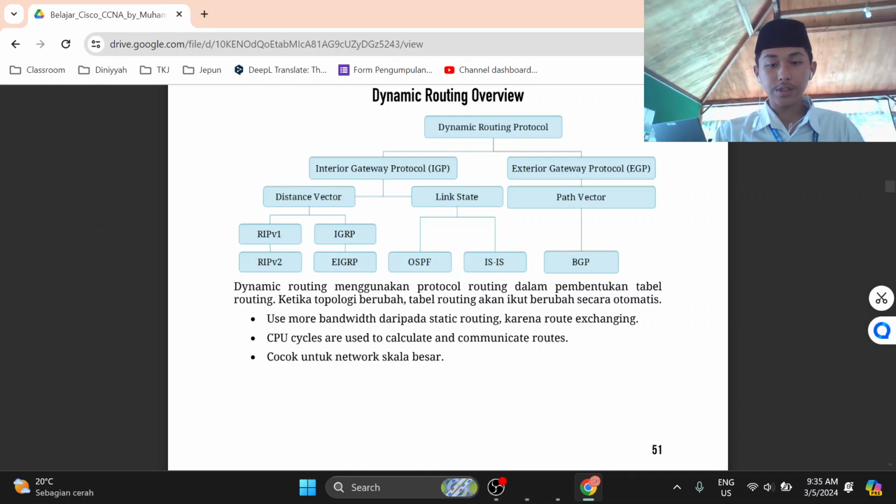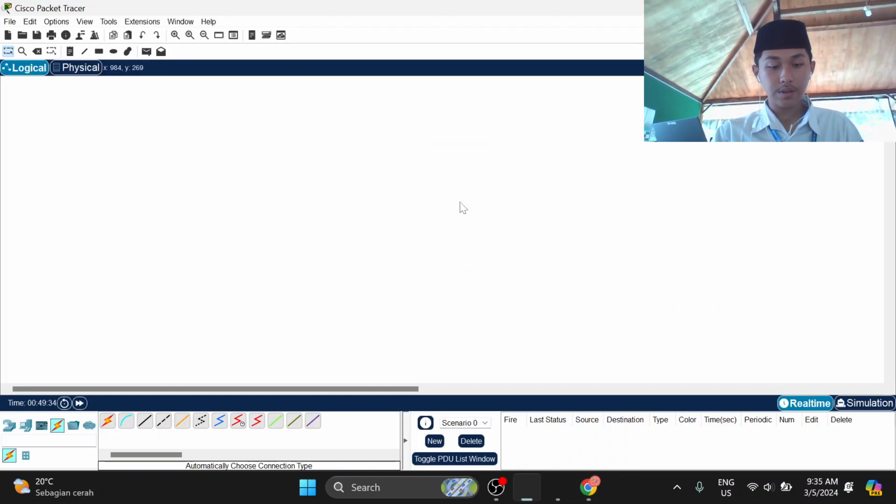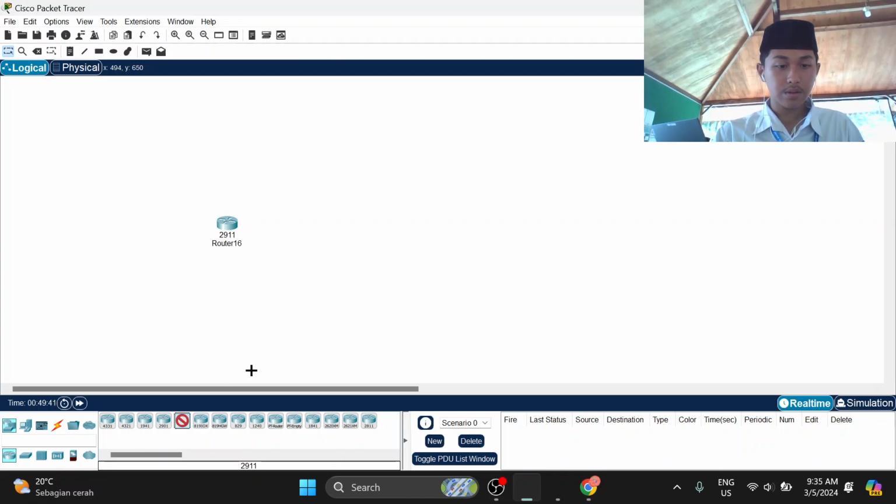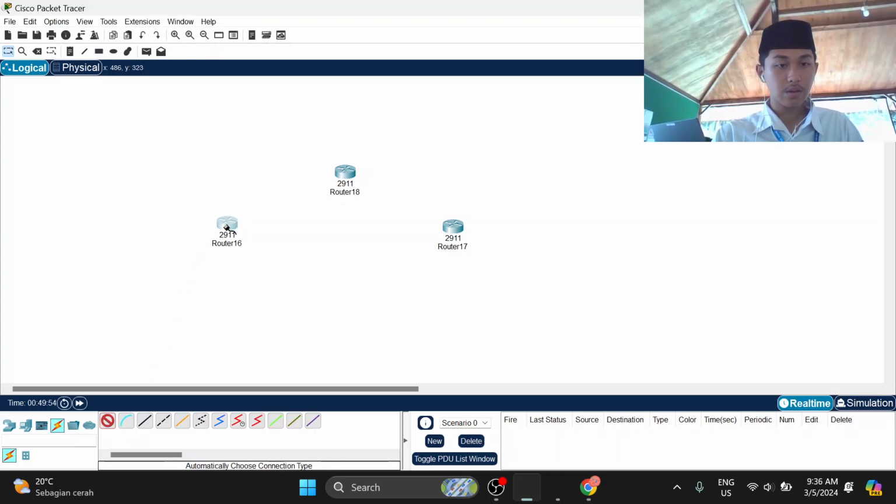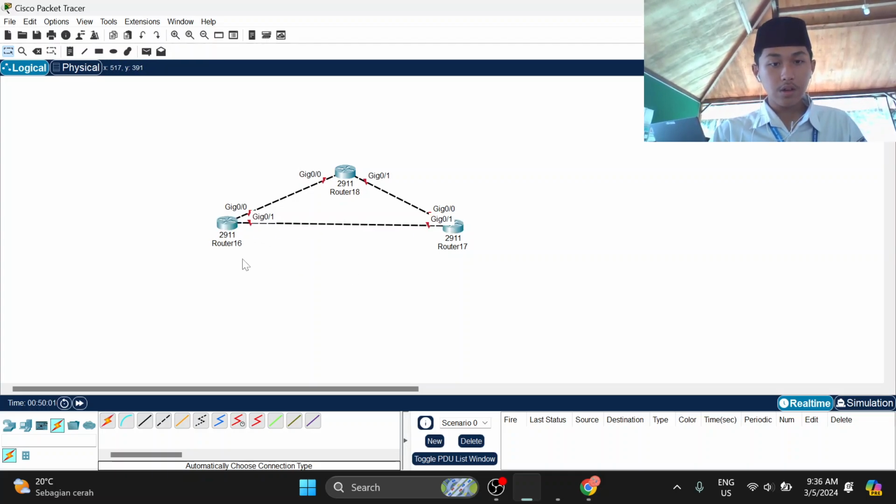For example, your router, this is router 16, wants to connect to router 17.